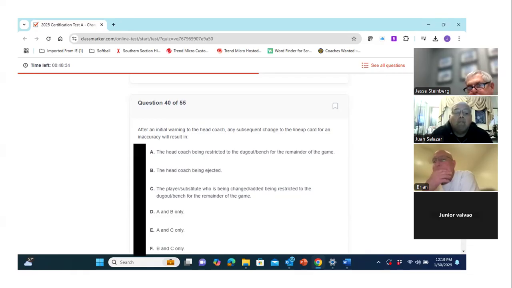They are A, restricted to the dugout for the remainder of the game. It's a stupid coaching mistake, so that's their penalty. We don't want to eject them because maybe the team has to forfeit if they have no other adult. It's not the player's fault the coach screwed up. Right. We're never going to penalize a player for a coach being an idiot.